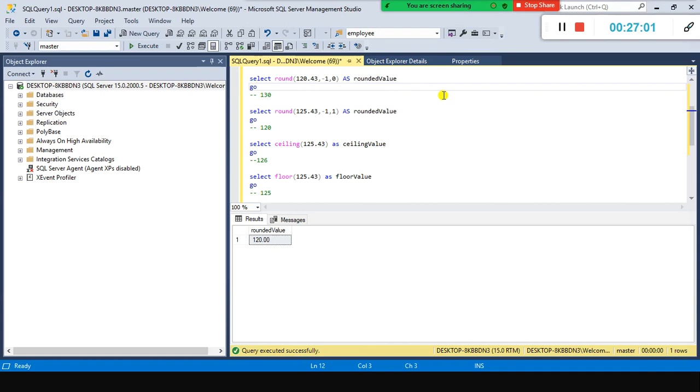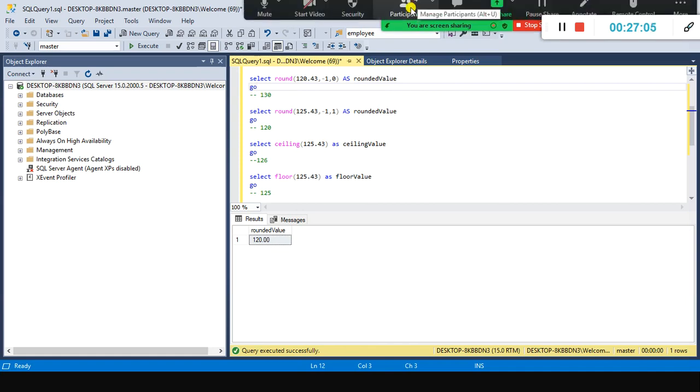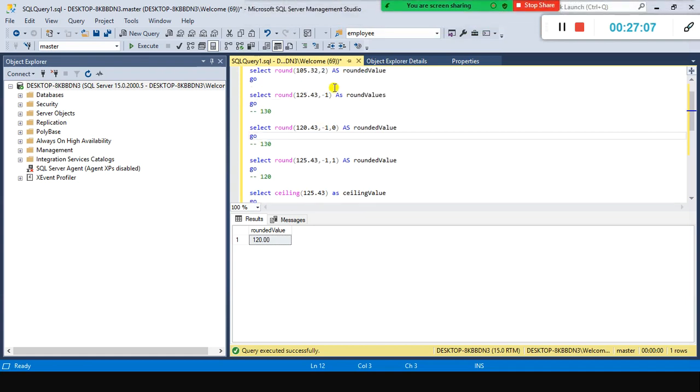The round function helps us round the number to 2 decimal places in this case, but here it rounds the number to -1. If I use 1, what will happen? That is the common one, but 1 is not required. If I use -1 with 125.43, I'm getting 130.